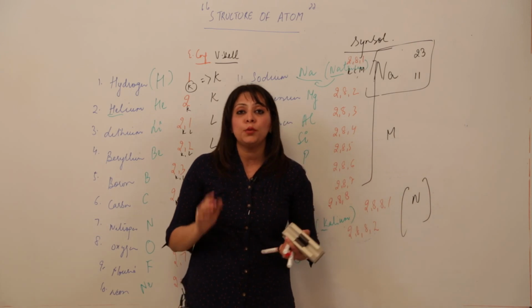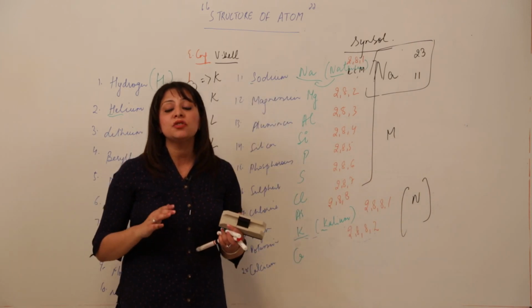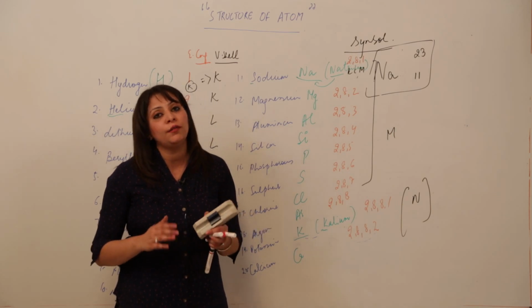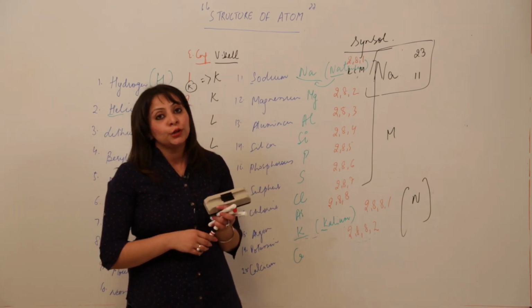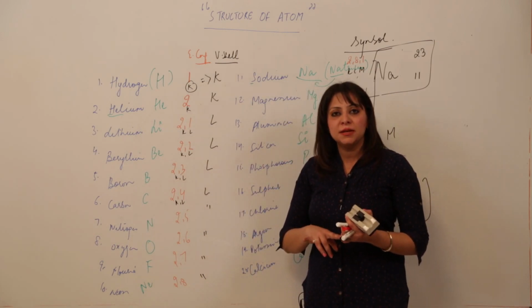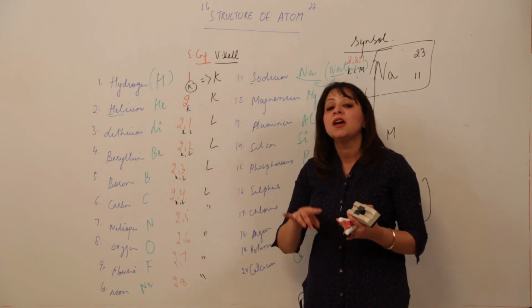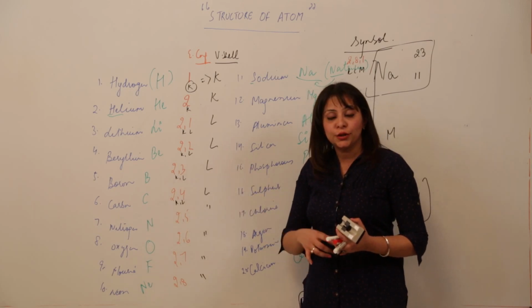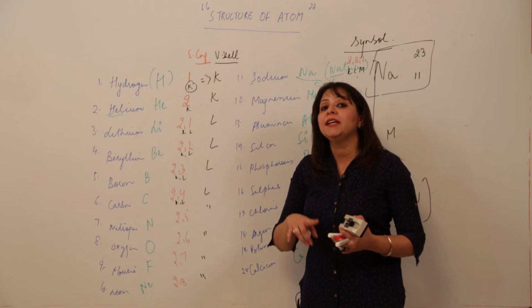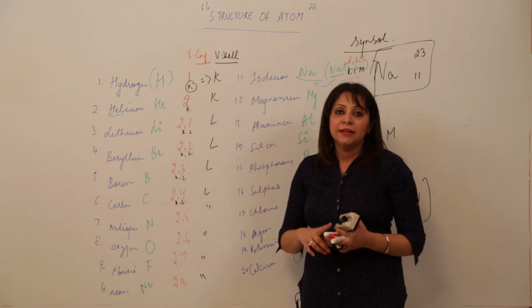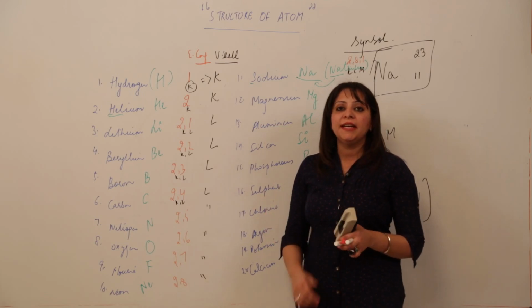It is very important, I am repeating, because the valence shell specifies the valency of an element. So you should know what the number of protons is, what the atomic number and mass number are, how you can get neutrons, how you can write the electronic configuration, how you can make the atomic model, and how you can specify the valence shell. Now in the next topic we will be taking up valency.